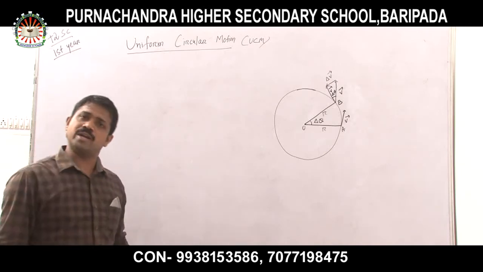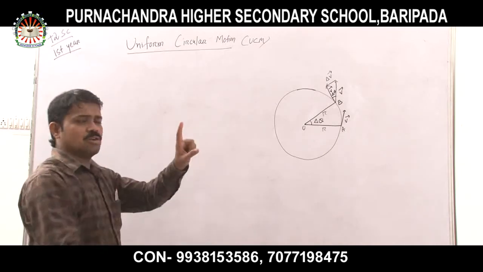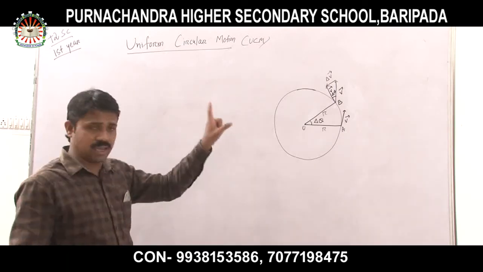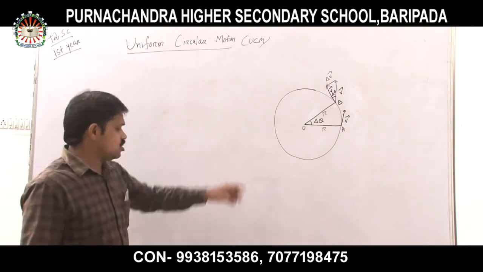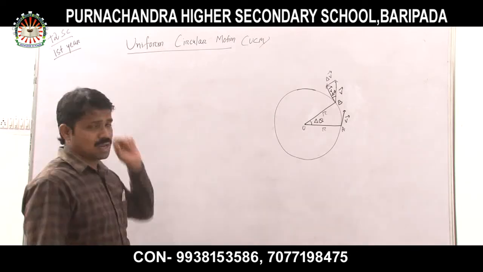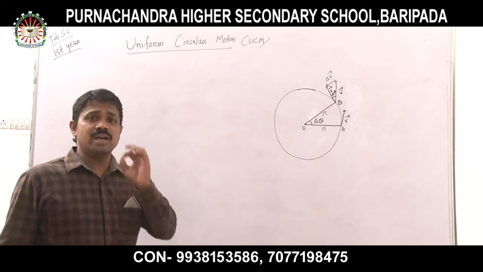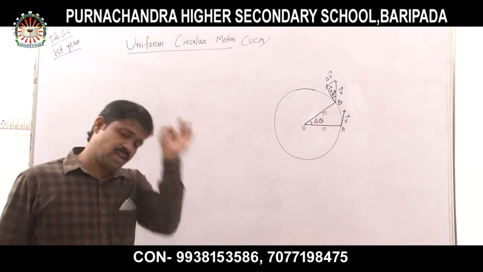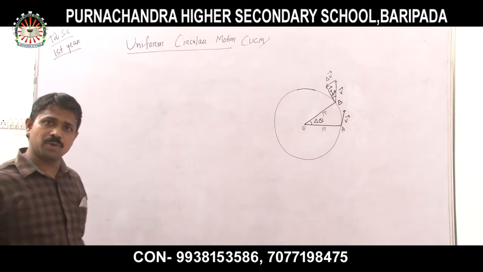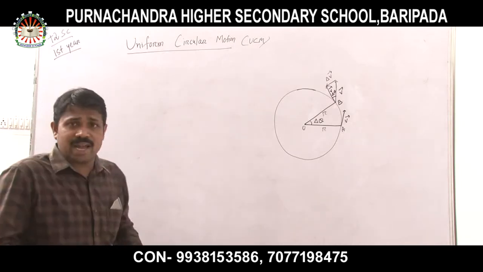These are the important points. First point, in uniform circular motion, the linear speed must be the same throughout the journey, whereas the direction may be different. Number two, uniform circular motion is a periodic motion because its one revolution repeats itself at a certain interval of time. Clear all of you? Now let us find out the time period of revolution.